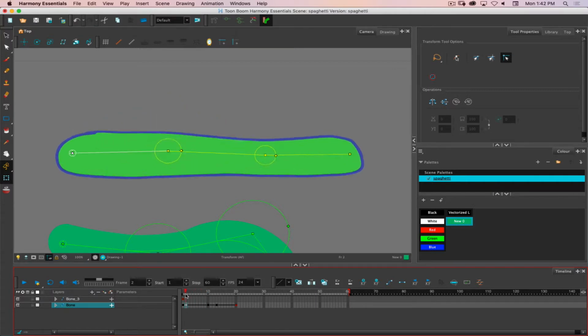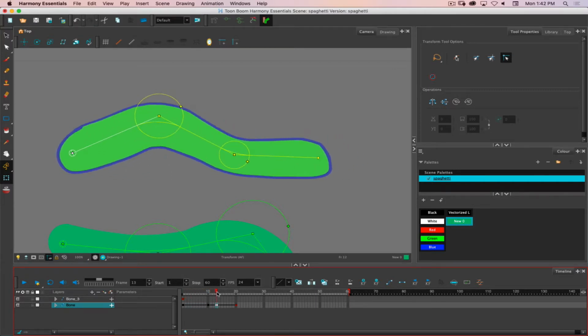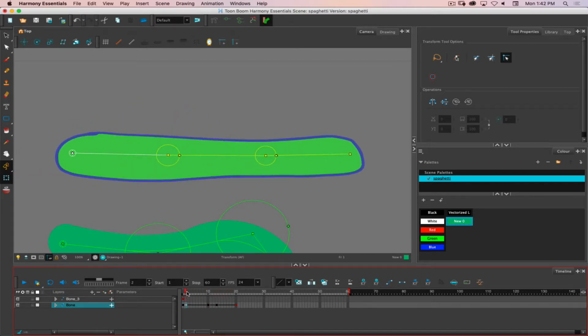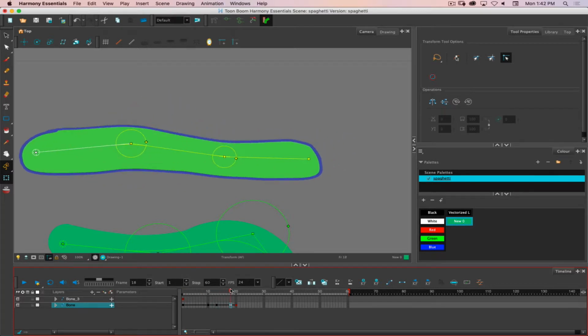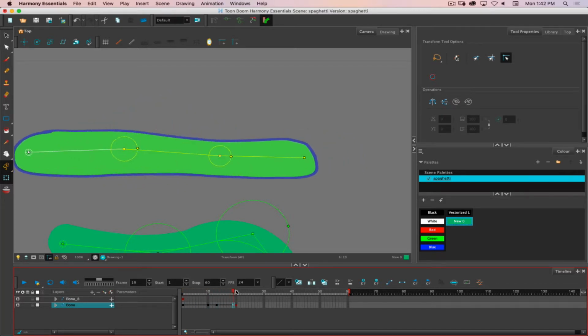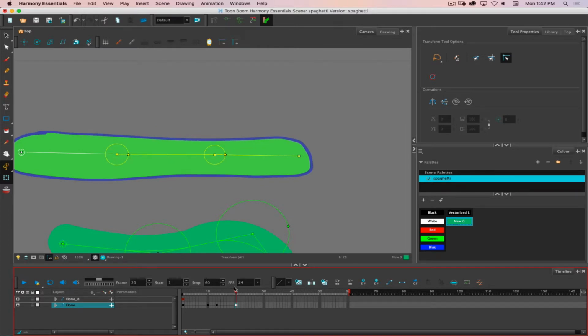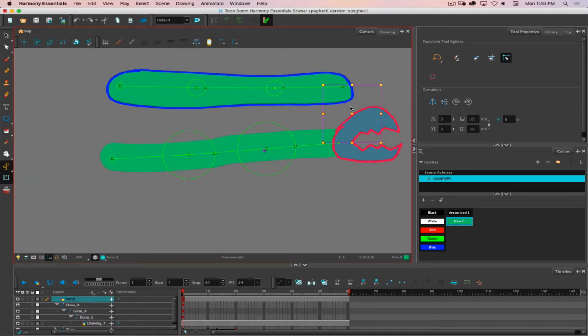And you can see how the area of influence is growing or shrinking as it moves through. So that is keyframeable in the same way that the rotation and positioning of these elements is keyframeable. Take an artwork layer and attach it to a kinematic, or to a bone layer, so we are able to adjust it. The first thing I want to do is set the pivot point for that layer